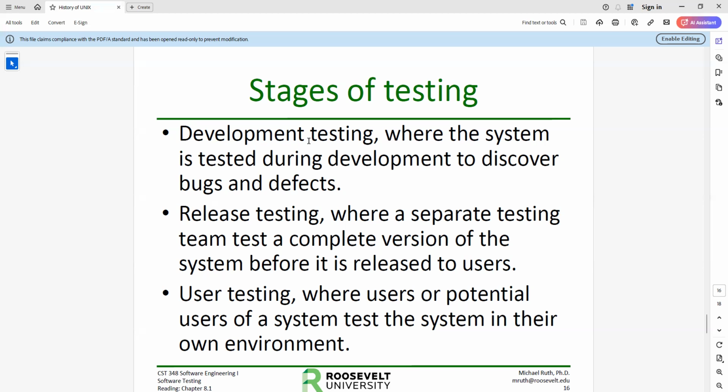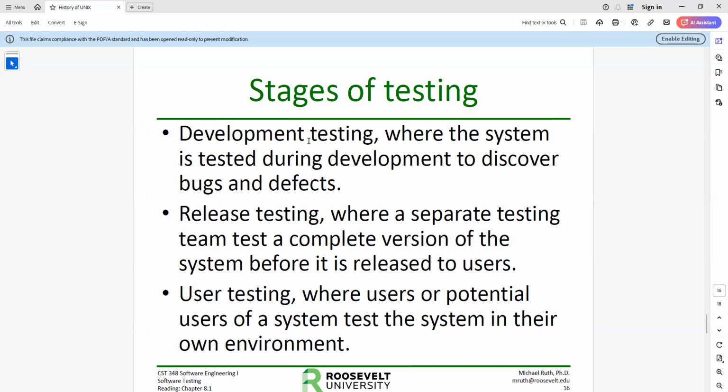The reason for that is they want to build a set of acceptance tests. While the development team is building the software, the release testing team or the quality assurance team might be building a set of test suites to test the requirements. In the process, they're also likely creating defect tests as well.